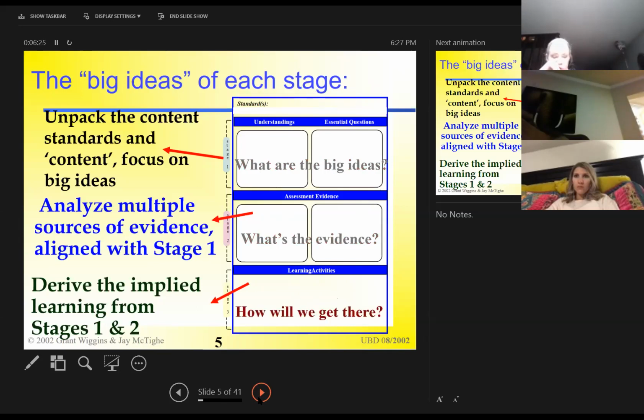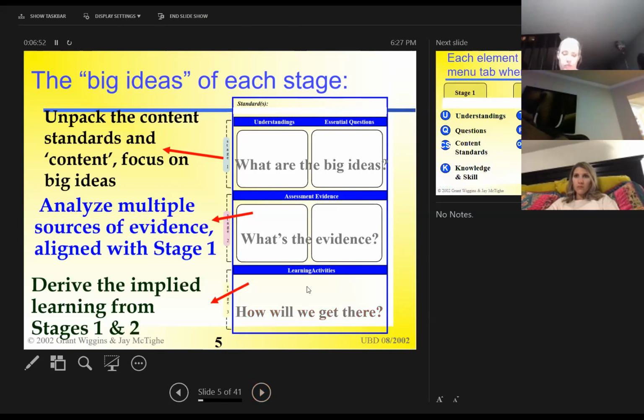So for those of you that have taken the professional learning communities class with me, or you're going to in the future, those probably sound really familiar because those are the 3 big guiding questions that we use in a professional learning community. Also, when you're doing a unit plan, it is best to do this collaboratively with other teachers, because again, we want everybody to be aligned in what they're doing. Okay.